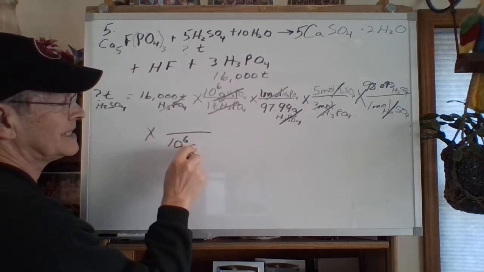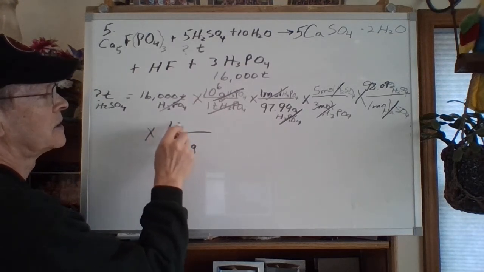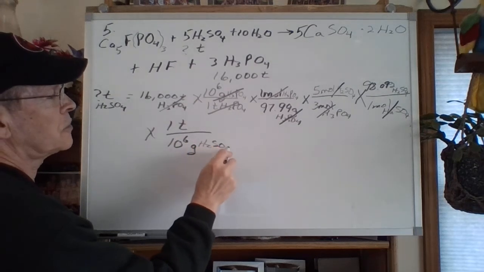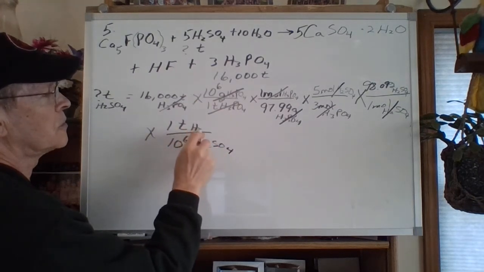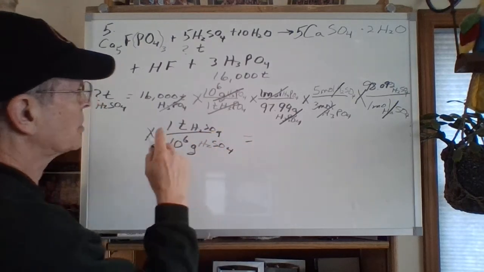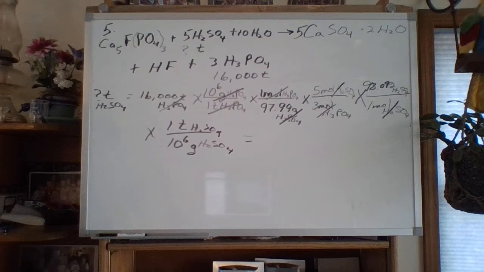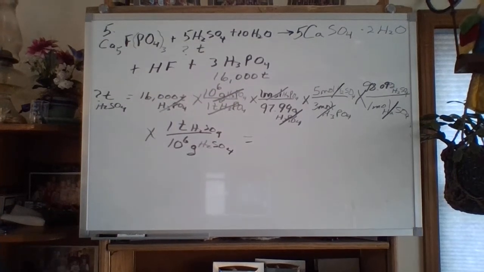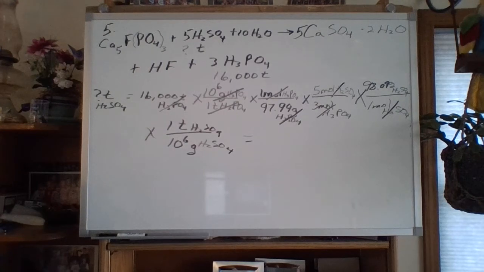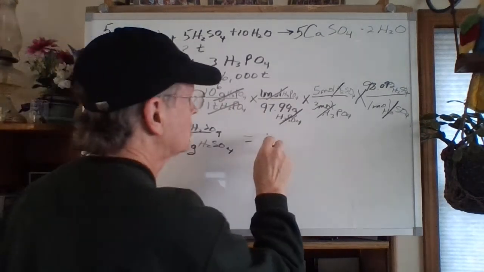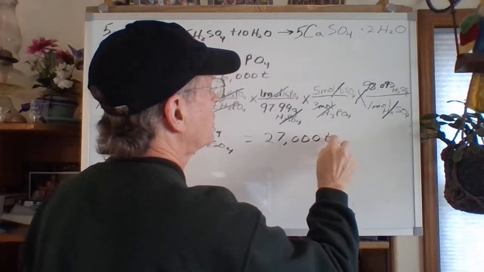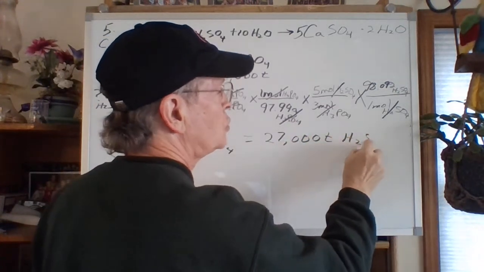10 to the 6th is a ton. So 10 to the 6th grams H2SO4 is a ton of H2SO4. There we go. Now we can put all those numbers in. The answer we get, 27,000 tons of sulfuric acid. That's how much you would have to use